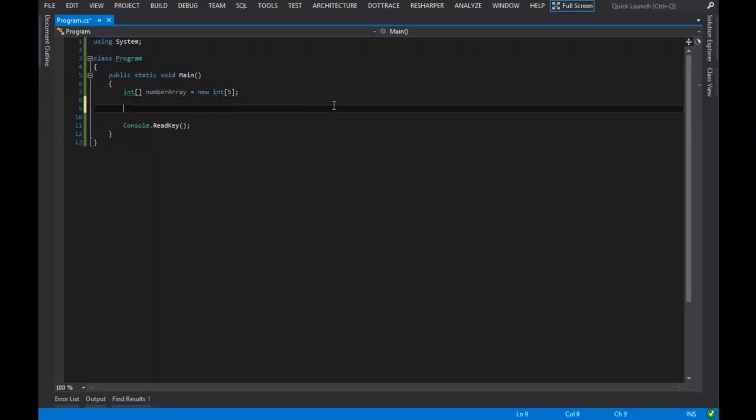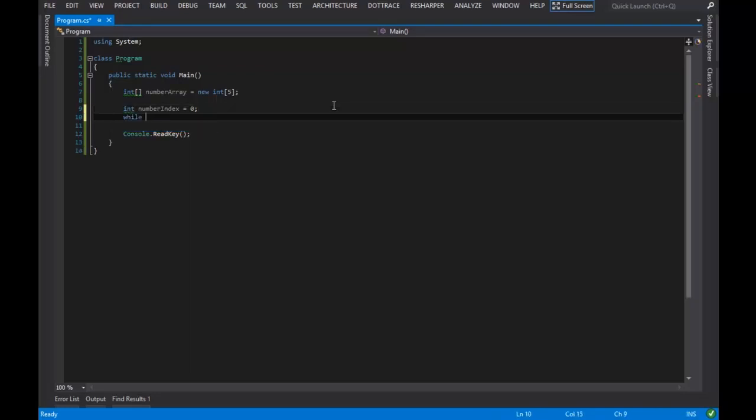So let's go ahead and write code that allows us to fill this array up with values. I'm going to say int numberIndex equals 0. I'm going to do it the other way around this time. You'll see what I mean in a second. While numberIndex is smaller than 5,